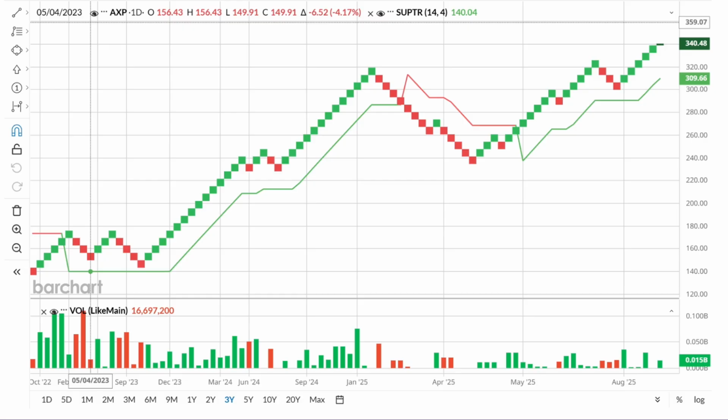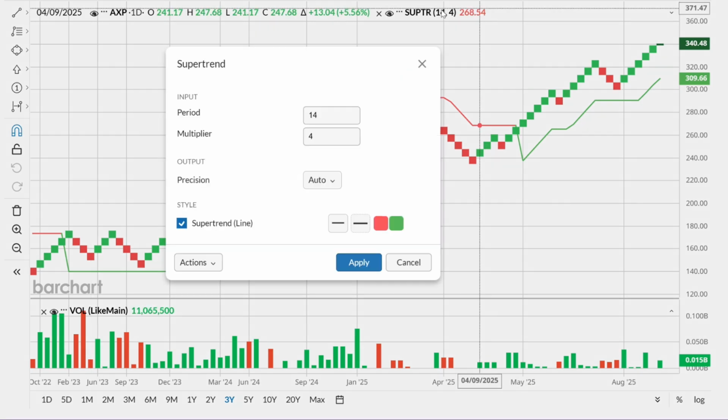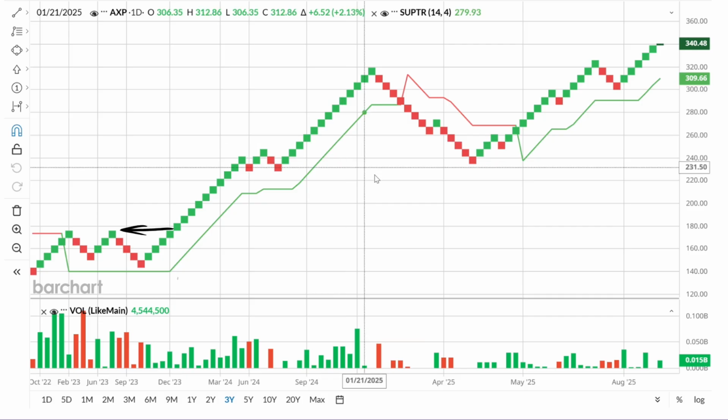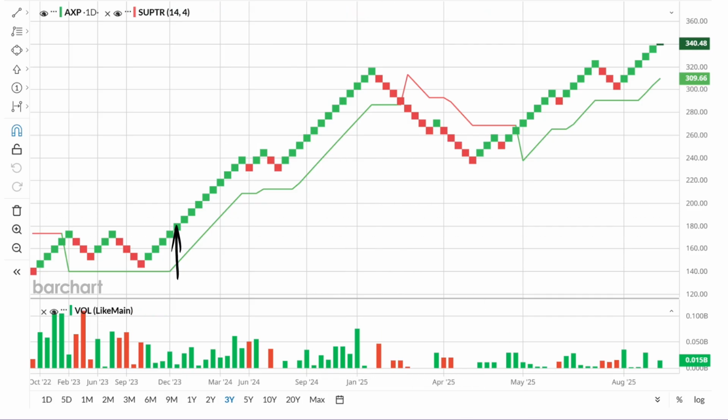Let's look at American Express as the first example. We're using ATR14 with a multiplier of 4 in Supertrend, which gives a brick size of about $6.50. In July 2023, resistance formed around $175. That level was broken on December 18th, and from there the stock climbed all the way to $247 by July